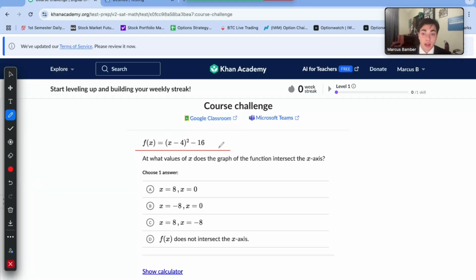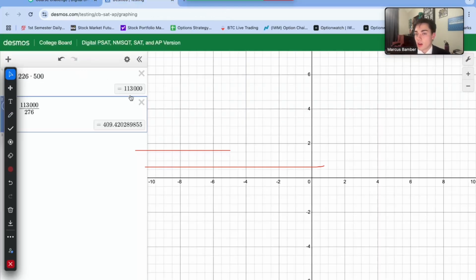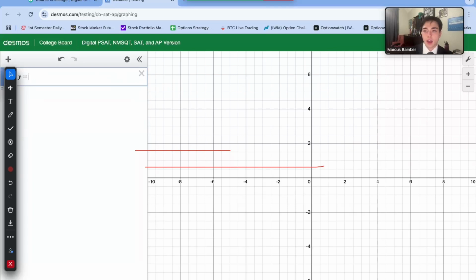Okay, so we have the vertex form of a quadratic function here. At what values does this function intersect the x-axis? Well, on the SAT, when in doubt, just plug it into Desmos. So we're going to substitute this whole function into Desmos. We could solve this arithmetically, but it's just not worth it. So we're going to press y equals